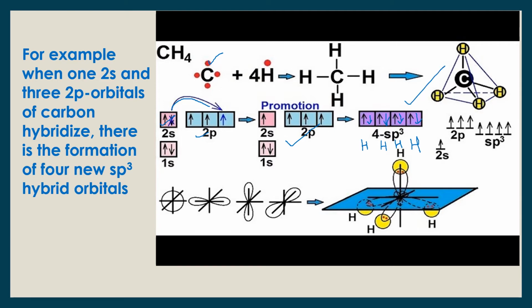So what is the hybridization of CH4? Because we have used 1s and 3p, so it becomes sp3. Every tetrahedral molecule has sp3 hybridization. 4 orbitals are there which combined, so I have to arrange these 4 electron pairs. They may be bond pairs, they may be lone pairs. So that will give rise to sp3 hybridized orbitals. The example of CH4 is given here.